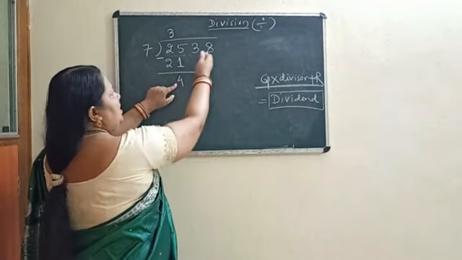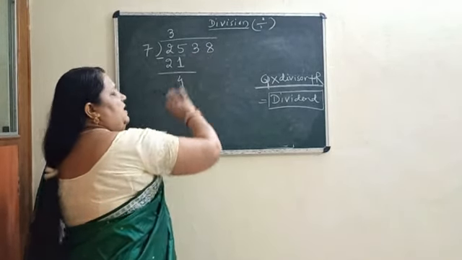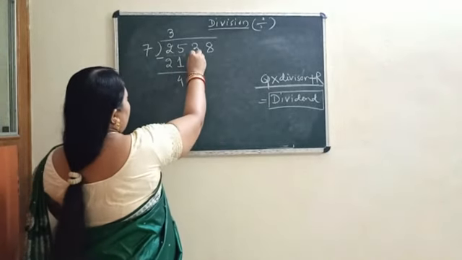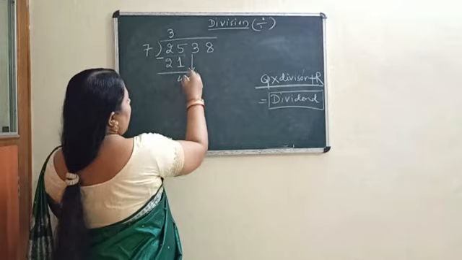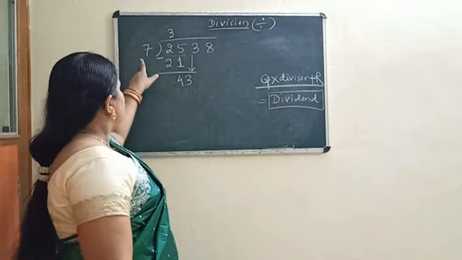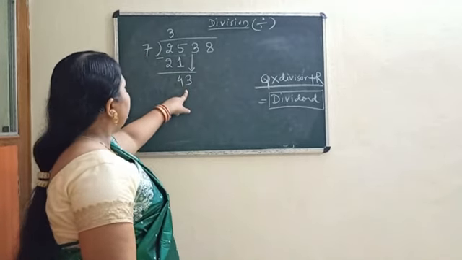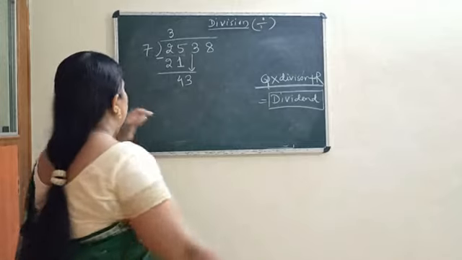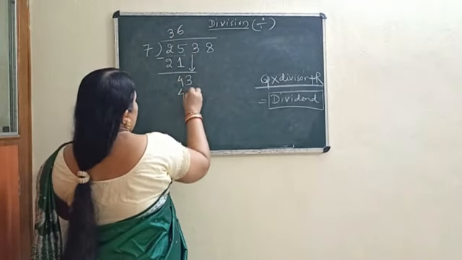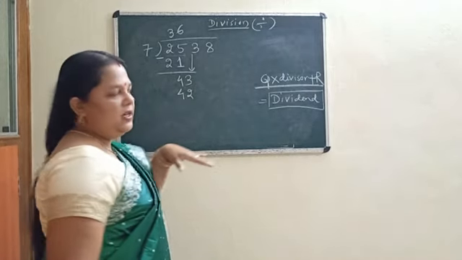So what will you do? You will bring this one down? No. At a time we cannot bring 2 digits. Per step, 1 digit. So we can only bring down this 3. Then we got 43. So 7 is here, 43 is here. We can go up to below this. Yes or no? If we go below this, then 7 6s are 42, because 43 is not there in the 7 table, so we have to reach below that number.